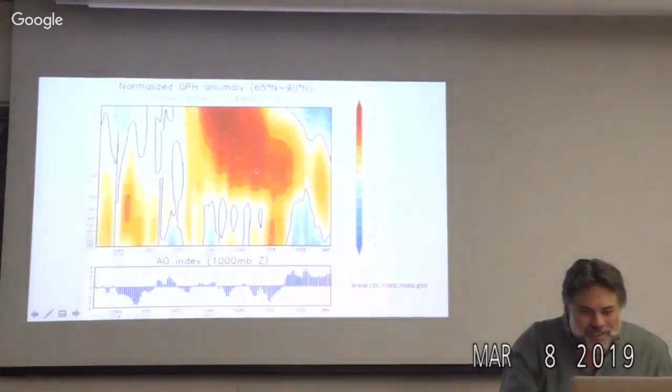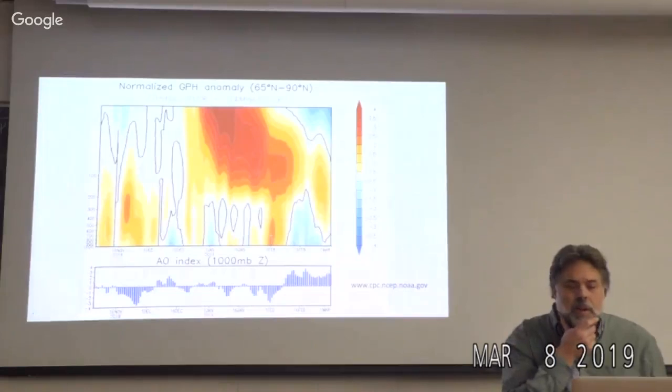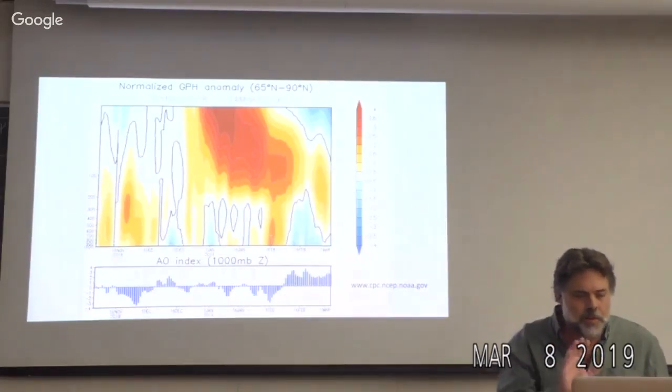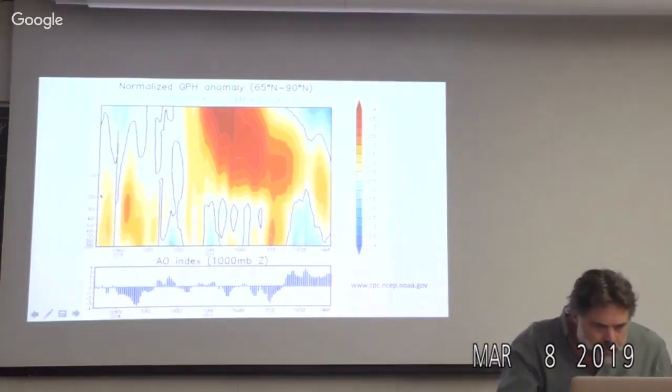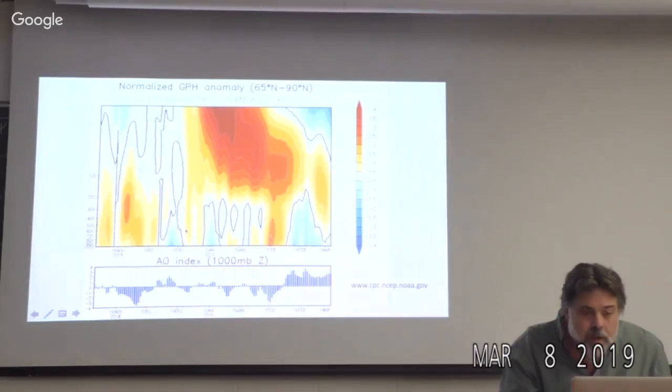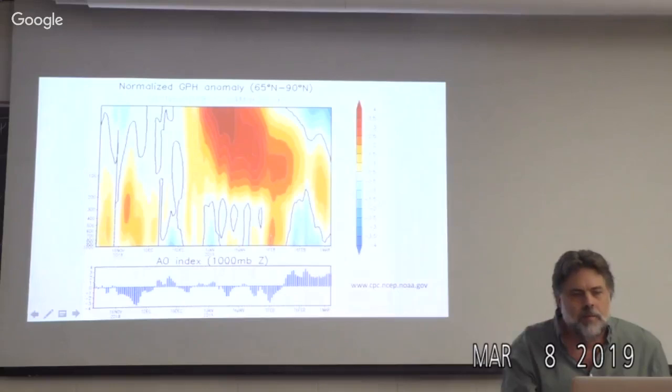No, it's an interesting problem. This is very kindly provided by CPC and NOAA.gov. And so this is a time height section from the surface. The tropopause is around here. And it shows this precursor of a high geopotential height anomaly in the troposphere, averaged over the polar cap, and then followed by,